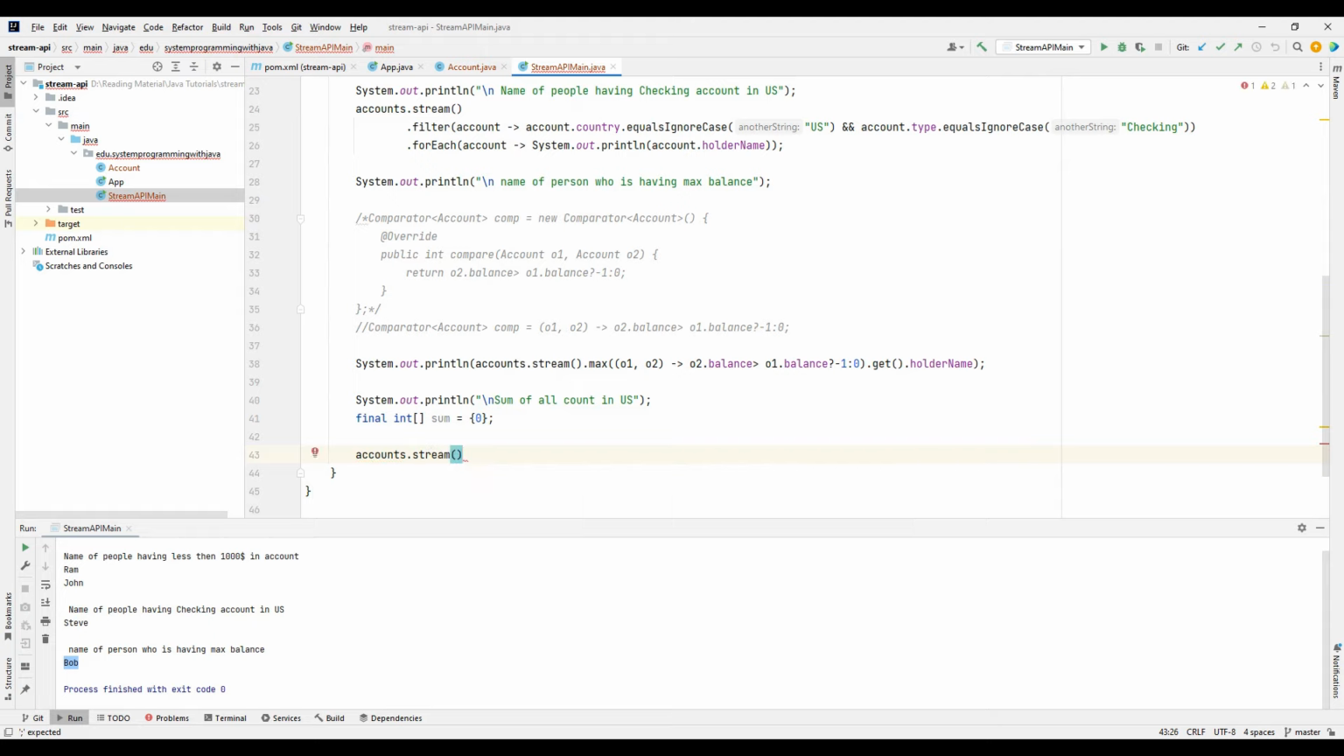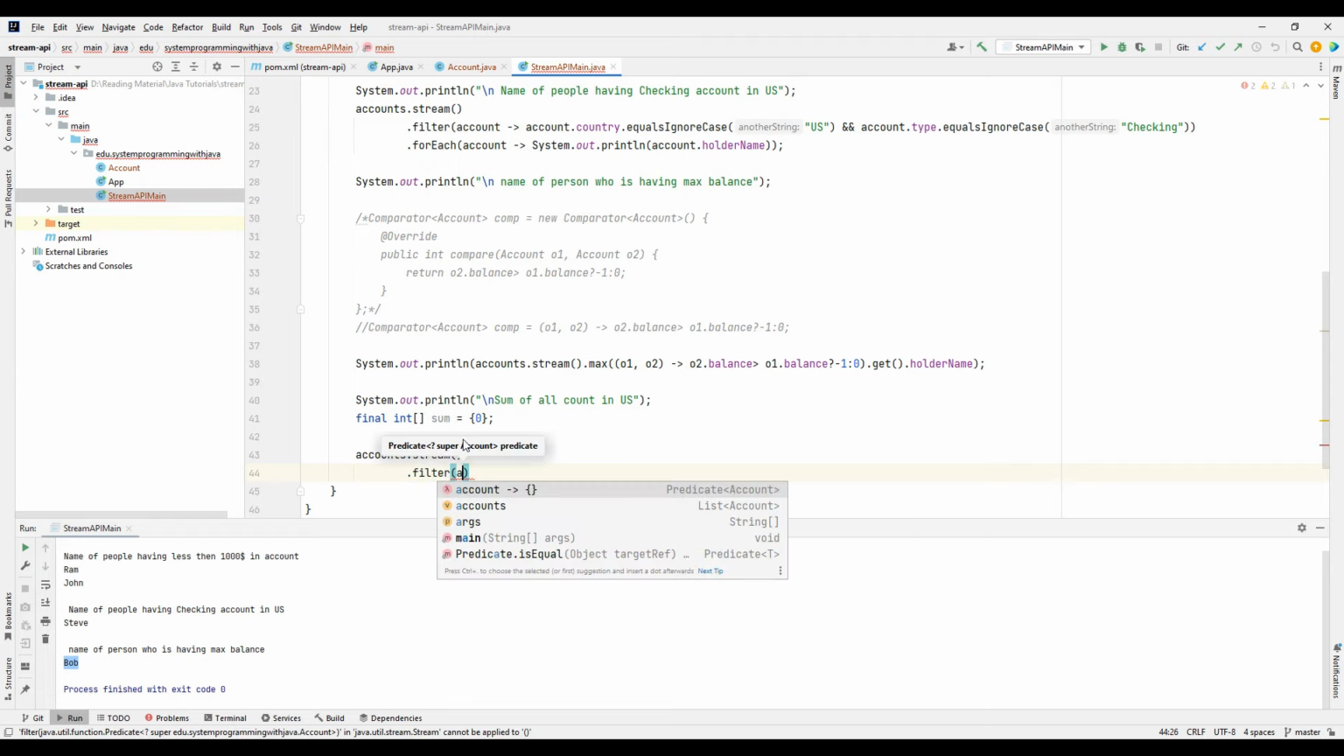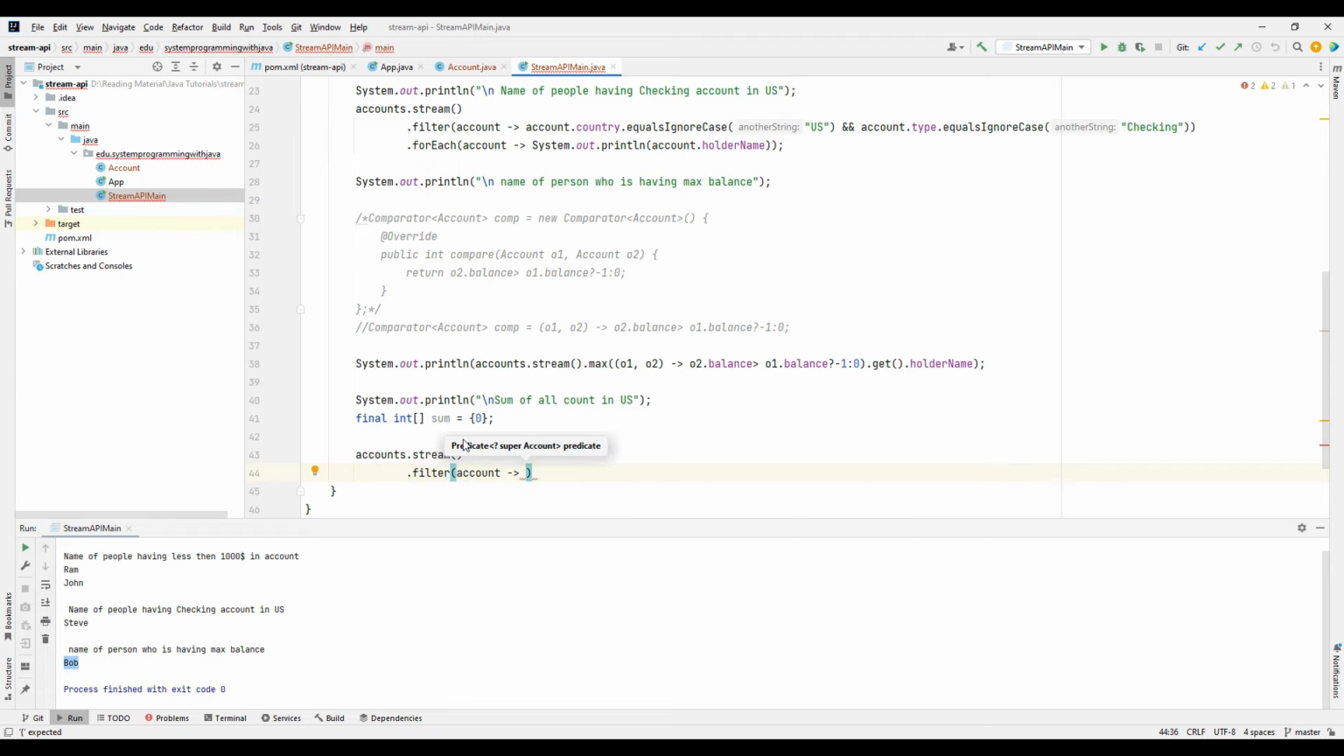So I'm going to use stream.api accounts.stream and then do a filter. The first thing I need to do is filter only those accounts which have the country as US. So equalsIgnoreCase and US. Up to this point, what I have done is extracted, or you can say filtered out,